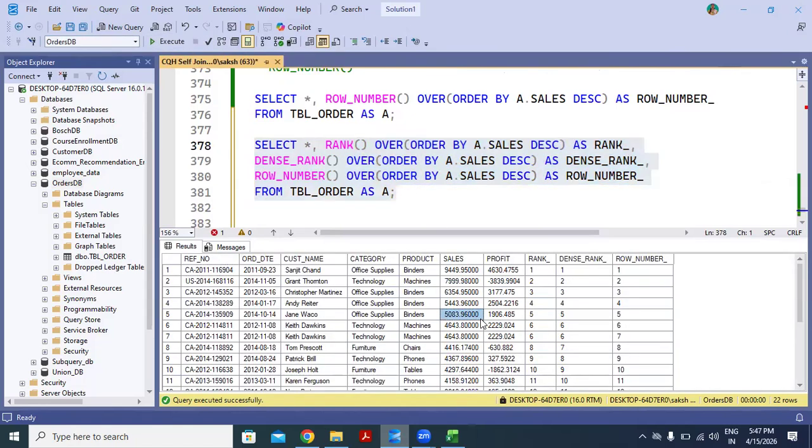So yes, now it will be easier to compare.